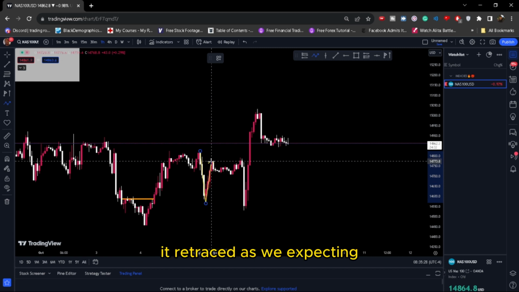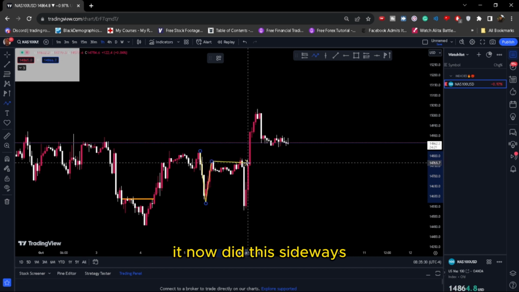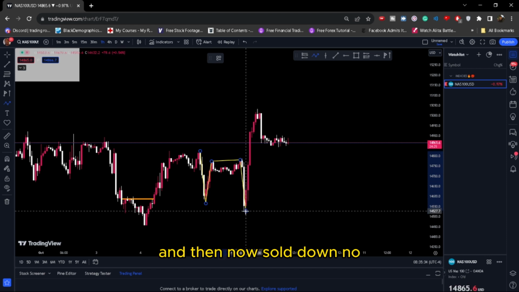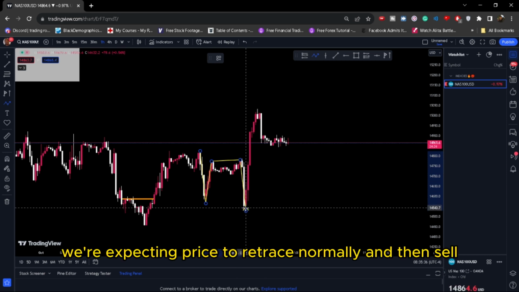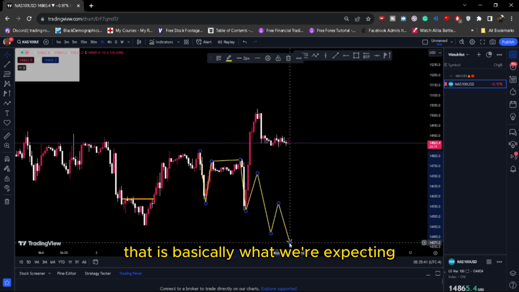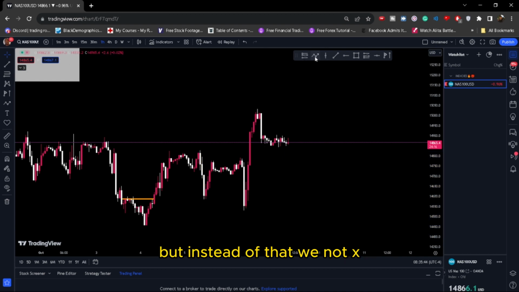It retraced as we're expecting, and then it did this sideways movement and then sold down. Because it's a downtrend, we're expecting price to retrace normally and then sell, retrace, sell. That is basically what we're expecting. But instead of that,